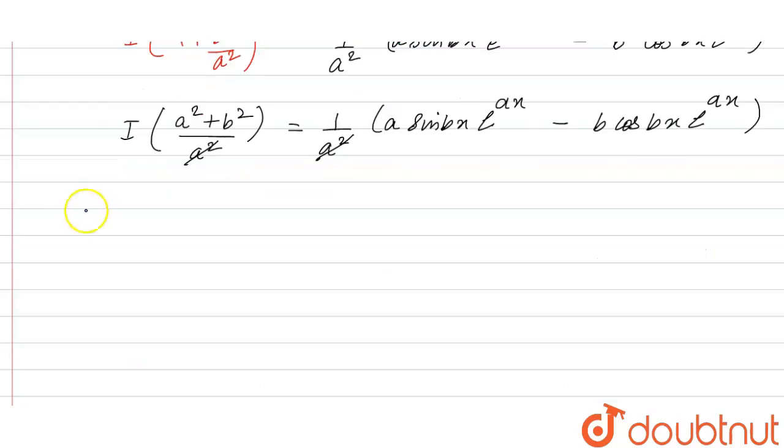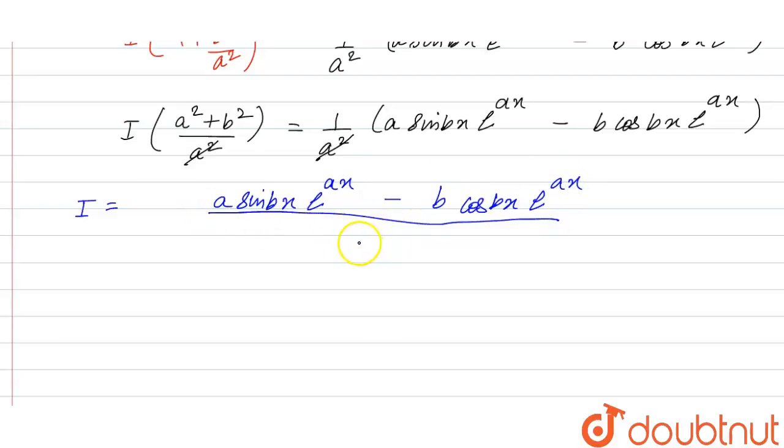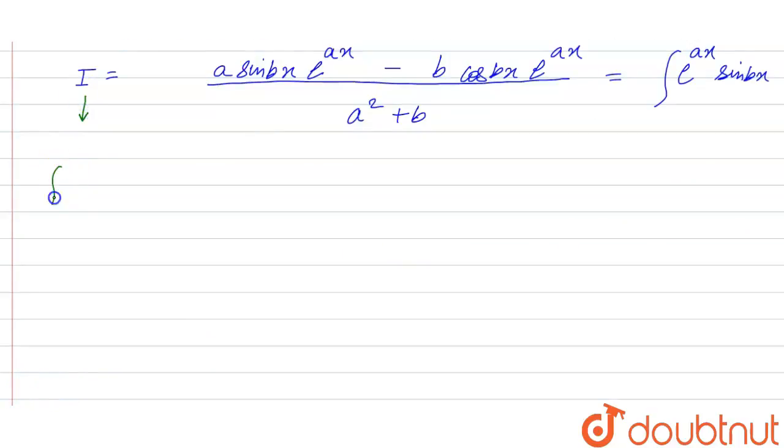So I is equal to sine bx e raised to power ax minus b cos bx e raised to power ax, and in the denominator we have a square plus b square. So this is the value of the integral of e raised to power ax sine bx. Now if we put the values of a and b, with the integral from 0 to 2 pi, we